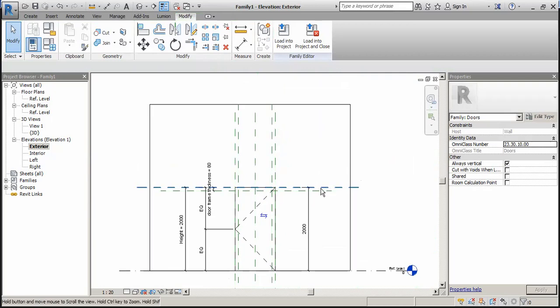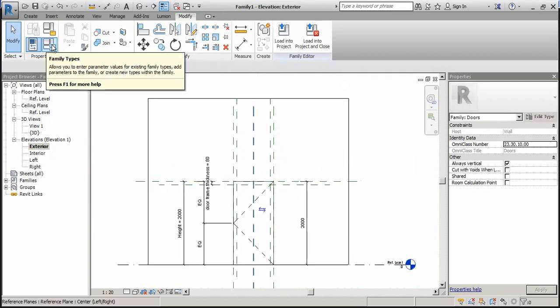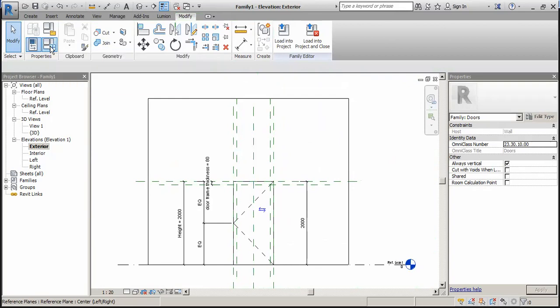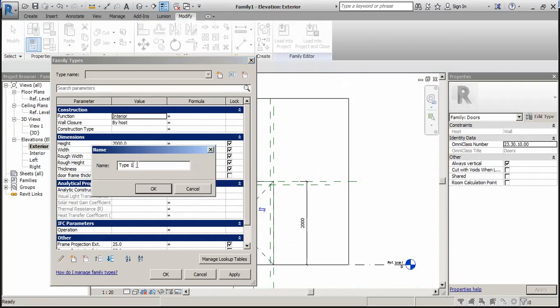Now we will go in family type. Here it is, and we will create family type also. So new family type, that is type 1 door, whose dimension is 2,100 mm into 900 mm opening.